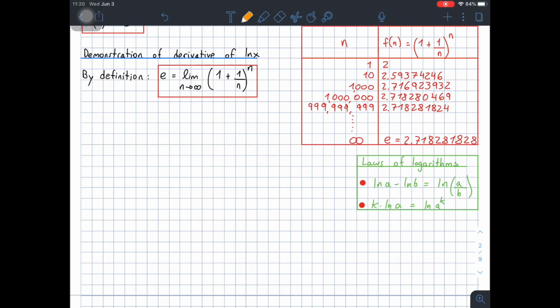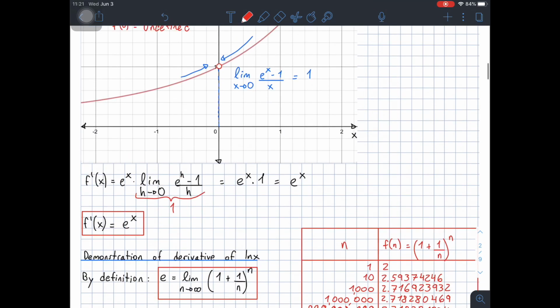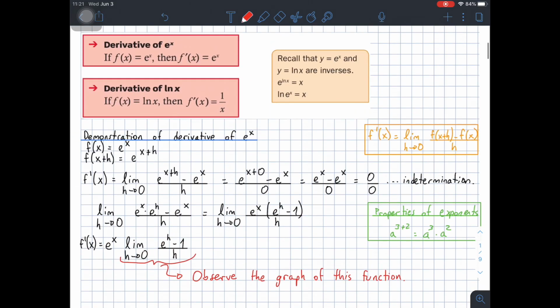Hello, seniors. Continuing with yesterday's class, today we're going to see the demonstration for the derivative of natural logarithm of x. Okay, natural logarithm of x. Remember that yesterday we've seen the demonstration of the derivative of e to the power x. We've shown that the derivative of e to the power of x is the same function, e to the power of x, right? And today we're going to show why the derivative of natural logarithm of x is 1